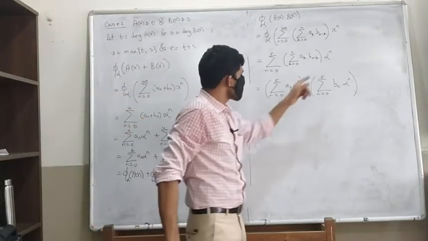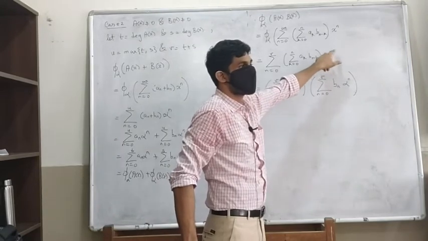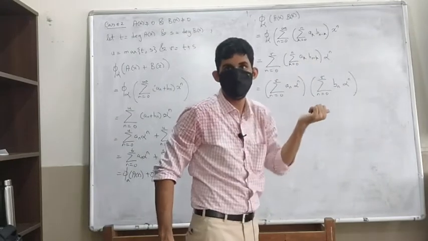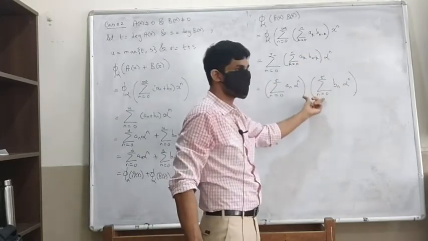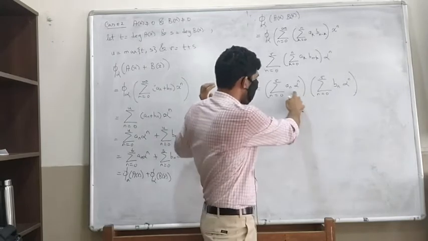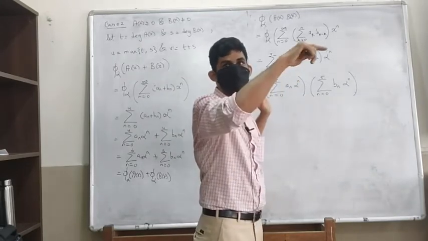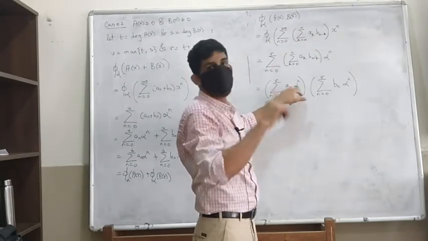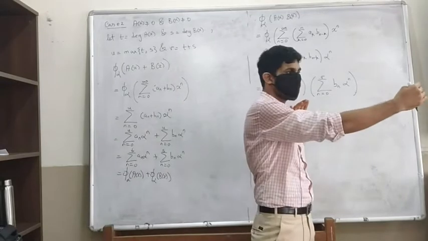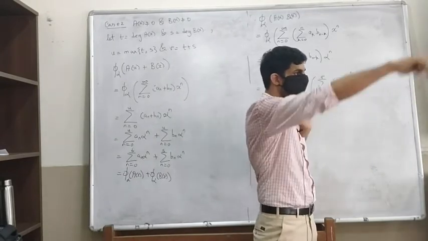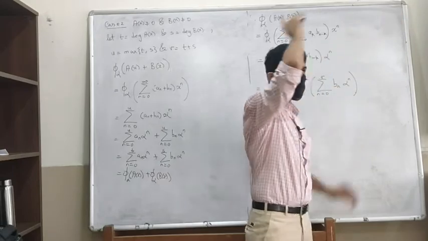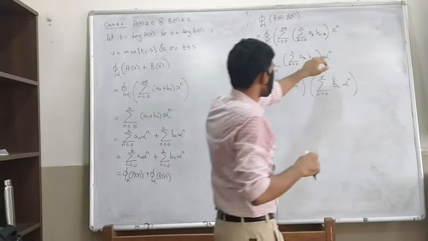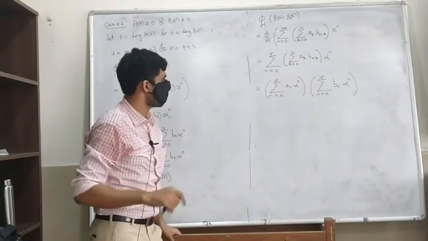So it is asking what is the coefficient of alpha raised to n, right? It's asking what is the coefficient of alpha raised to n here. See, you have this bracket. This bracket has a0 plus a1 alpha plus a2 alpha square and so on up to av alpha raised to v. Okay. Similarly, this has b0, b1 alpha up to bv alpha raised to v. Okay. When you take this product, what is going to be the coefficient of alpha raised to n? That's the question.